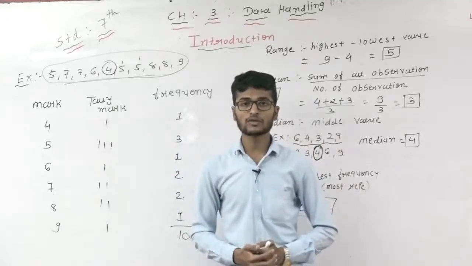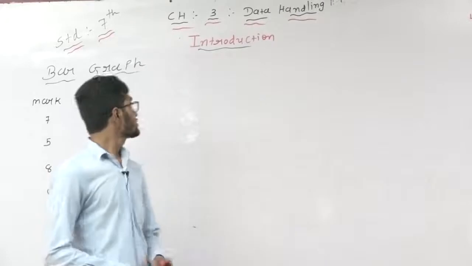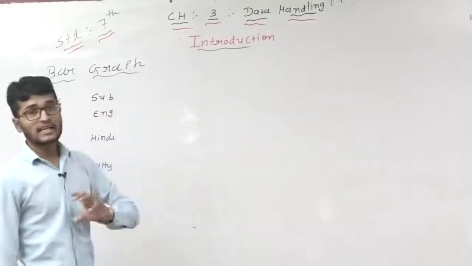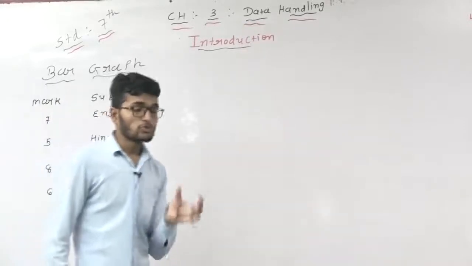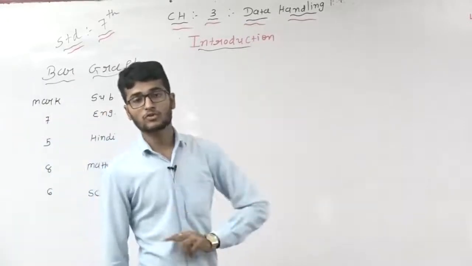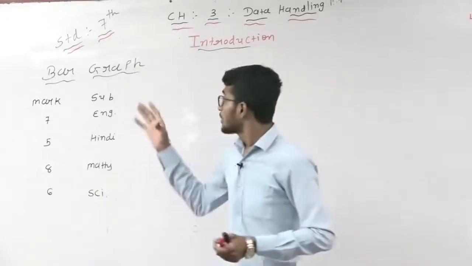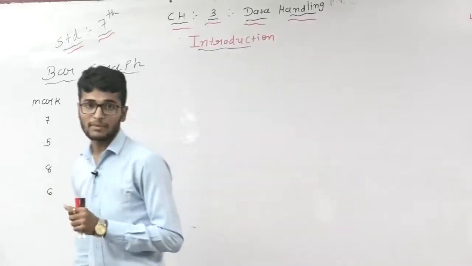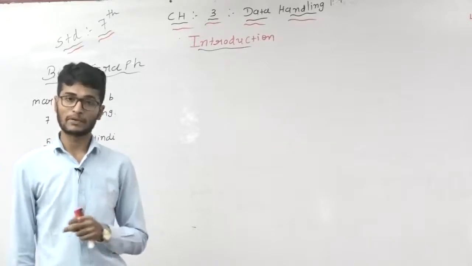Now to the next one. Now the next one is the bar graph. Now what is the bar graph? Bar graph is one type of data handling. It means representing the data on graph paper. So, dear students, there are two types: one is the bar graph and the second one is the double bar graph. Now you will have to represent a bar graph on graph paper. It means this graph is represented on a graph book or graph paper.